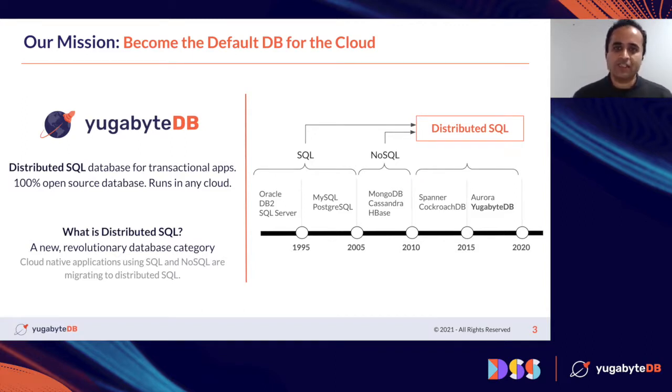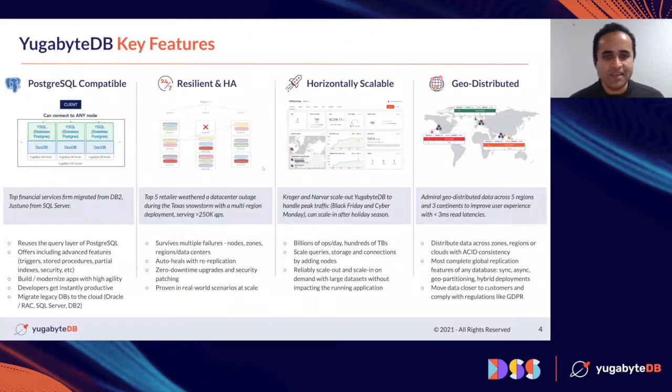Distributed SQL is now bringing together the best of both worlds. So you get relational data modeling, ACID transactions, consistency, and so on, but you also get the resilience, scale, and geo-distribution of a non-relational database, of a cloud-native database. Right? So distributed SQL is a cloud-native database. Yugabyte's mission is to become the default database for the cloud, and we're doing this with distributed SQL. So some of the key attributes of a distributed SQL database, I'm not going to spend too much time on this,